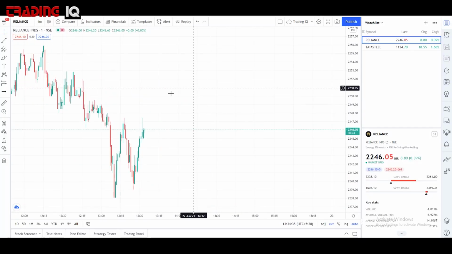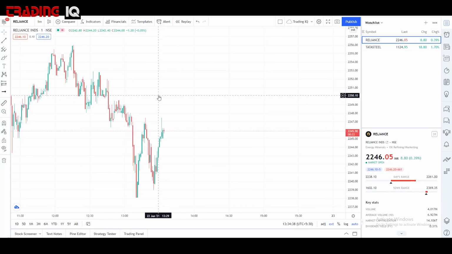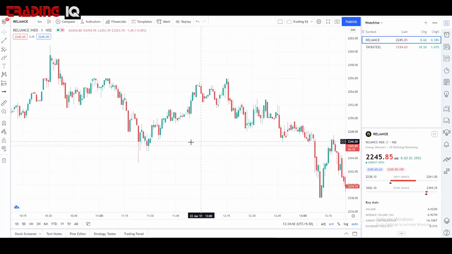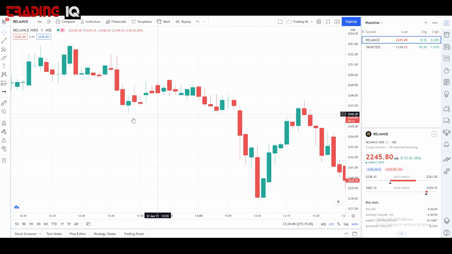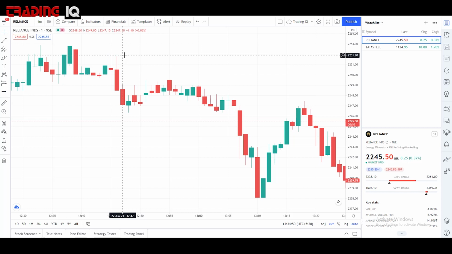So let's understand. So all you can see on this chart is a shape. Of course, it has formed a shape, but you see some green and red candles, right? So what are these green and red candles? Let's first understand that, and then you'll be able to understand the chart better. But before that, I want to kind of give you an example which would resonate similar to the concept of a candlestick.